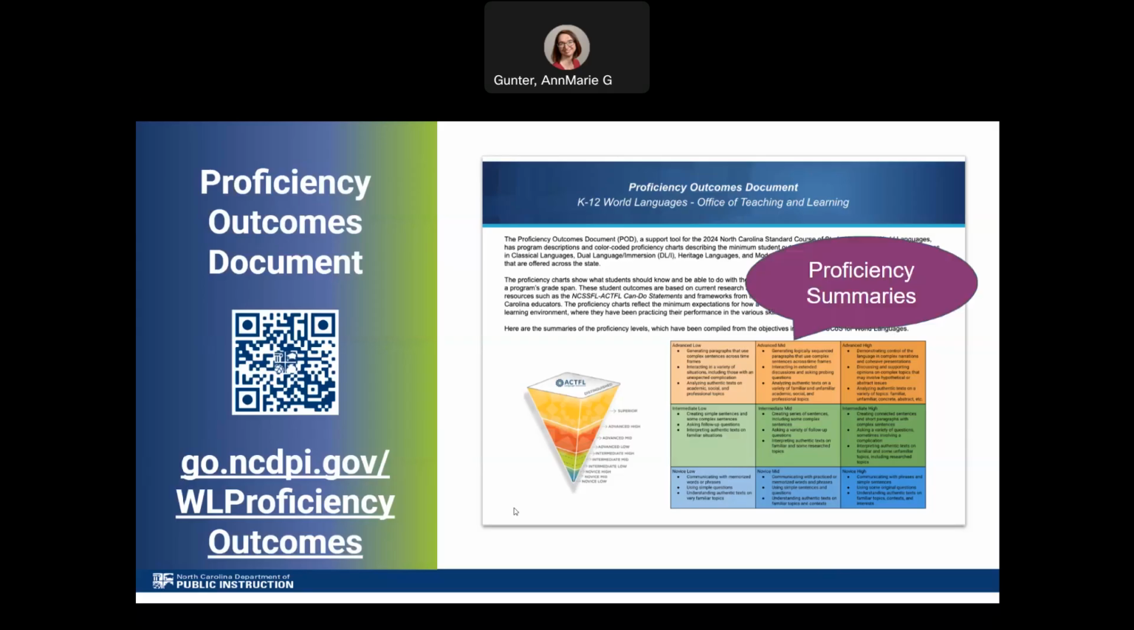You see there on page 1 of that proficiency outcomes document is the proficiency summaries. This is, as it looks, a 3-bullet list of what students should know and be able to do at each level or sub-level of proficiency. So we have novice low through advanced high in our new standards. Basically that's 3 proficiency levels, novice, intermediate, and advanced, as well as their sub-levels, low, mid, and high at